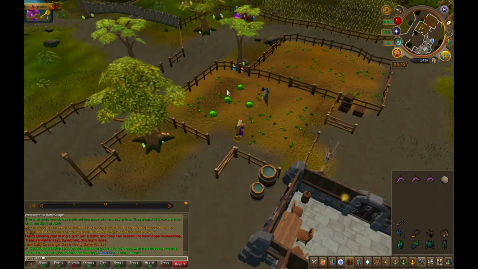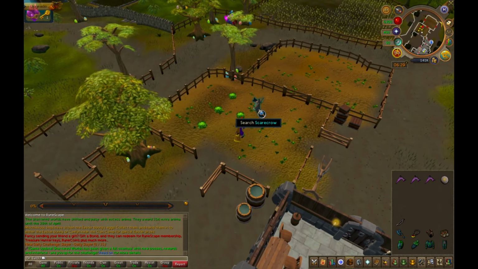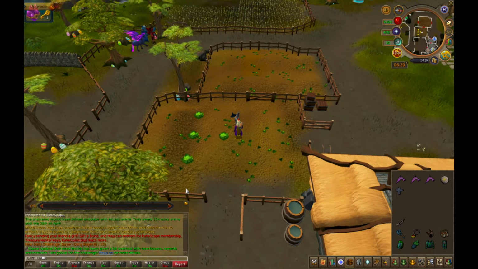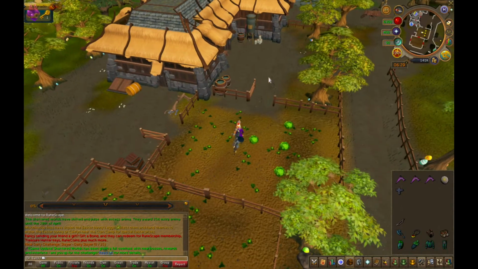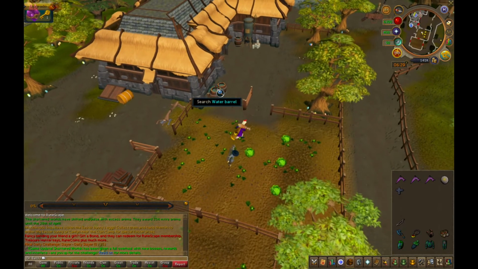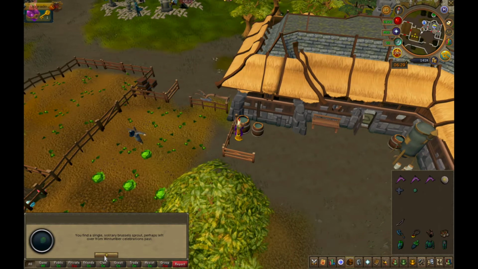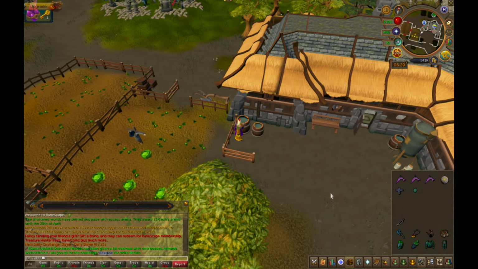cabbages that you'll see bouncing around, and you're going to search the scarecrow. He is going to give you the cruciferous mounting. Then you just go over here and search in this water barrel, and you're going to get Brussels sprouts. Then all you have to do is combine the Brussels sprouts and the cruciferous mounting, and you're going to get an unstrung